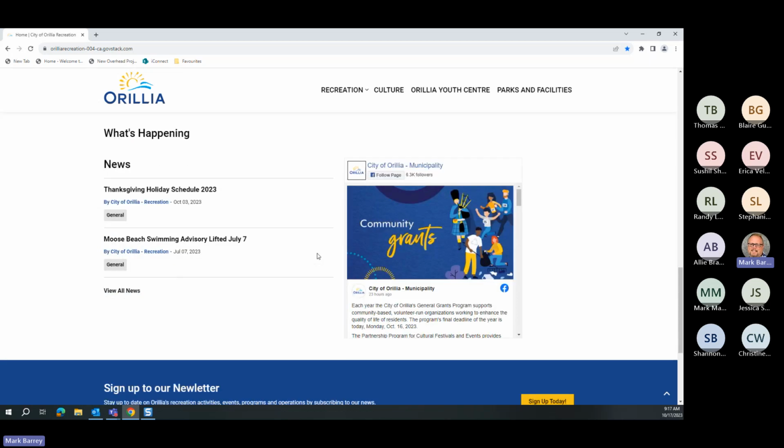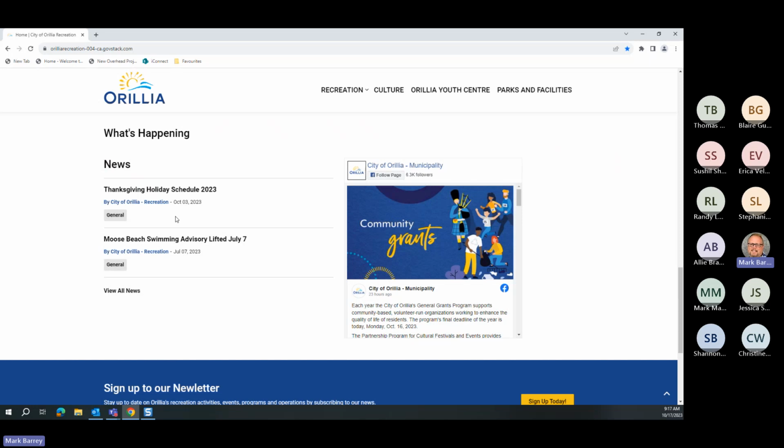Now, below that, we have the What's Happening section. The purpose of the What's Happening section is to provide information on an ongoing basis. This is the changeable information that we have out here. So as you can see over here on the left-hand side, we have the news. As I mentioned earlier, looking at the pop-up banner, we have a news segment. So we're actually able to create news stories that we can put out there to let people know of events and things like that that are going to happen, but then they're going to